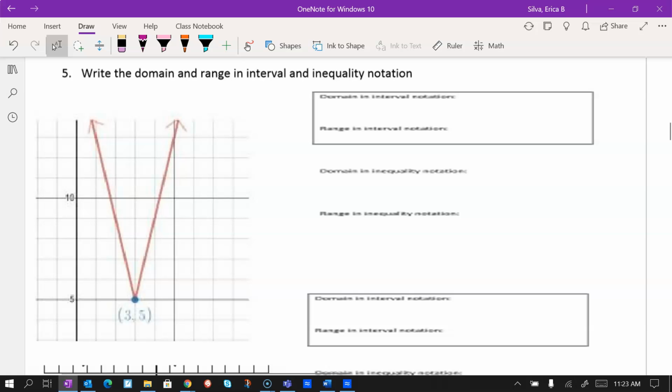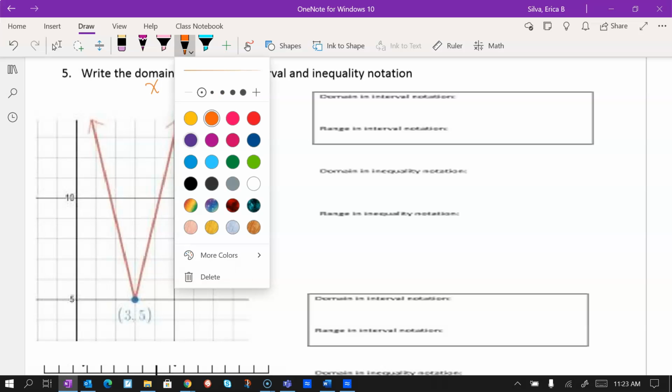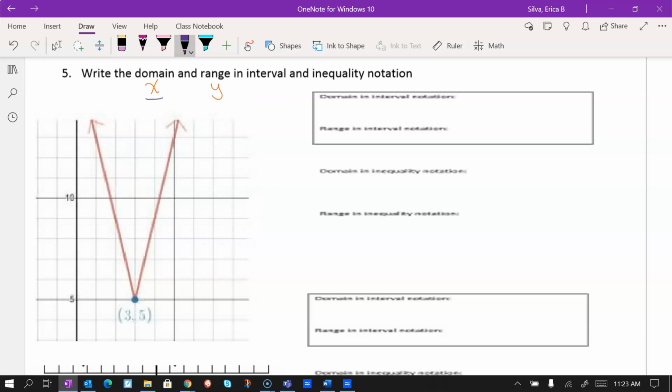To find the domain and range in interval and inequality notation, remember domain is your x, your range is your y. So when we're looking at our domain, we're looking how far the function goes left and right. So if we're looking at it to the left, there's an arrow, so it's going to go to infinity. And if we're looking at it going to the right, because there's an arrow,